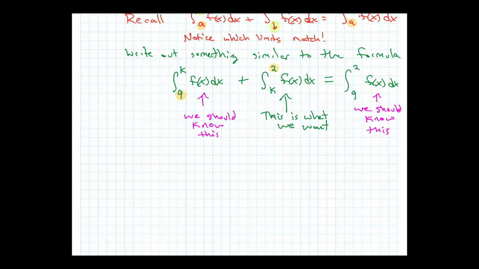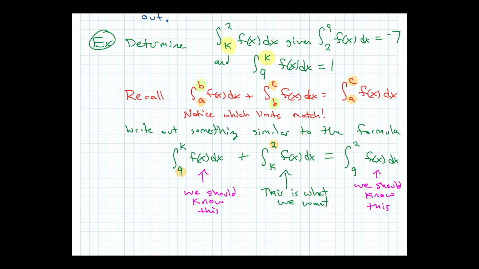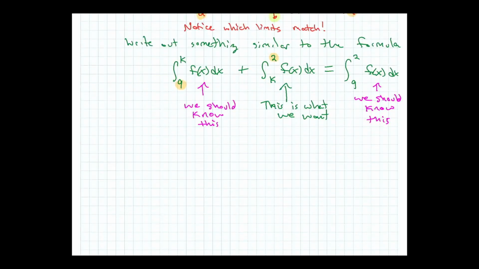So what's that first one that I say we should know? It is the integral from 9 to k of f of x dx. It's actually 1, right? We know this one. It's 1. So let's fill it in. So this is going to be 1 plus the one we're looking for